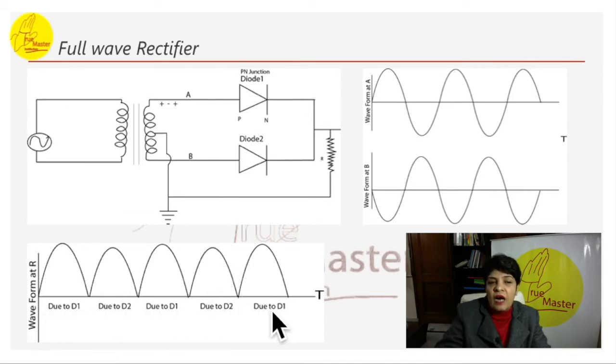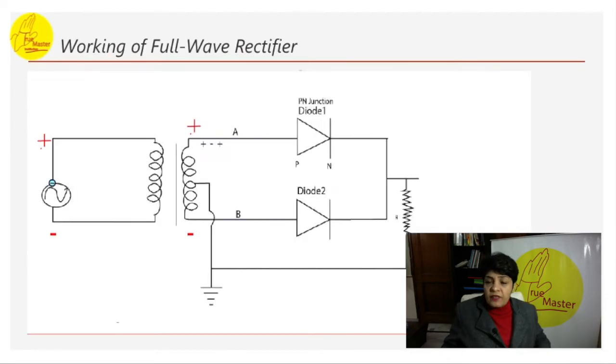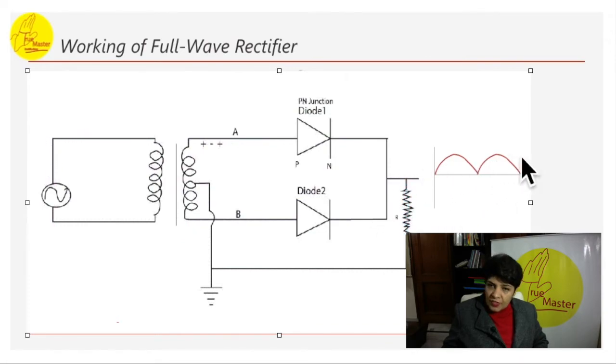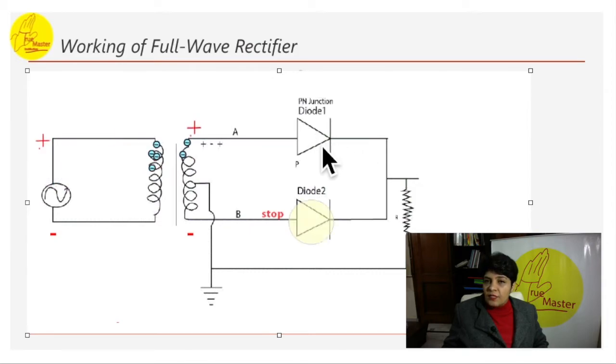So during the positive half the current will flow through D1, and during the negative half of the AC current it will flow through D2. So let's have a look at the animation that is going to help you to clear it. Here we have two diodes. The electron is coming from the transformer; when it is positive it passes from here, and this has been stopped here. Now this becomes positive, it passes from this end, and that is stopped there. Here you can see the graph being developed. Whenever it is positive in the first end, it passes through diode 1, and in the second part, whenever it is positive in this part, it will pass from here.